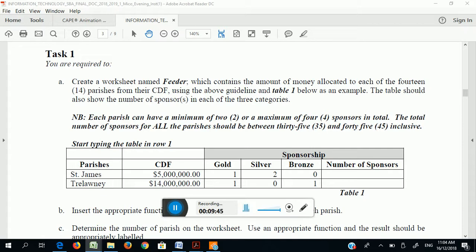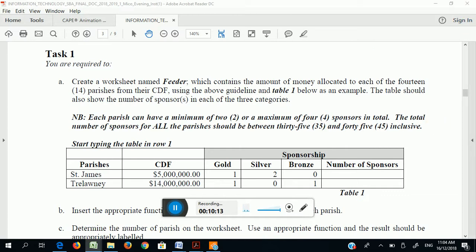So you're going to create a sponsors table. Please create your sponsors table. And then you're going to put in your CDF. Your CDF must be between 5 million and 15 million.